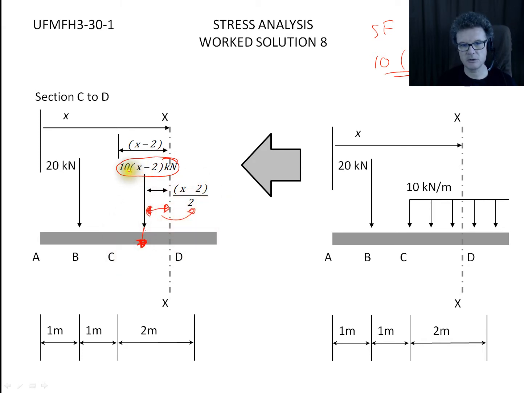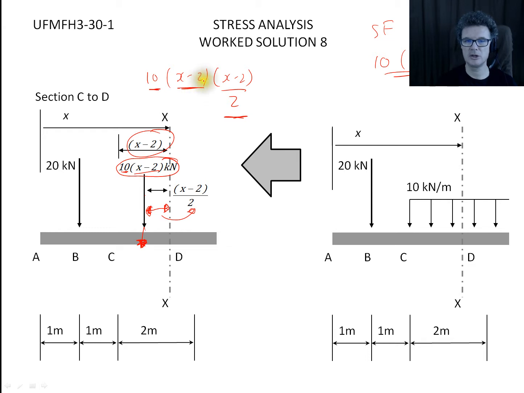So notice that the force is 10 times (x minus 2), and the distance is (x minus 2) divided by 2, because the distance to the midpoint of this force is going to be half of this. So basically we've got 10 times (x minus 2) times (x minus 2) divided by 2, because that's my UDL value per meter. That will give me now the force, and then multiply this on, and that will give me the distance to